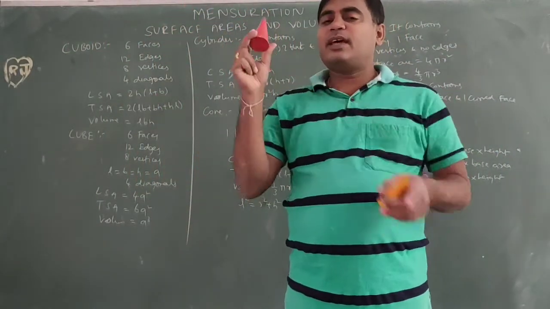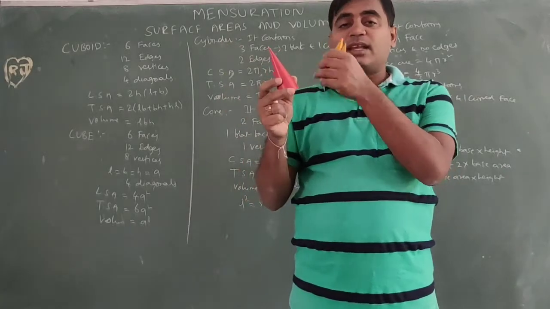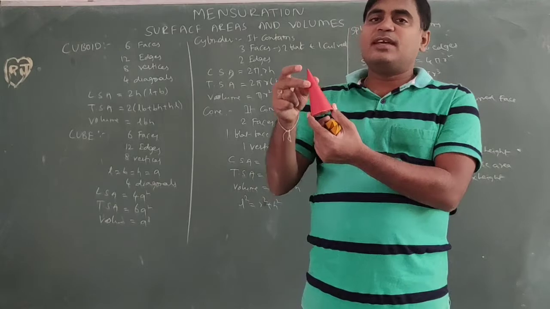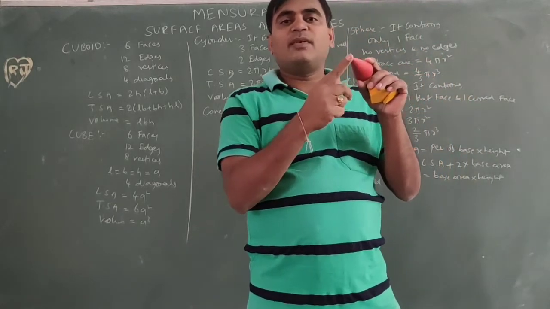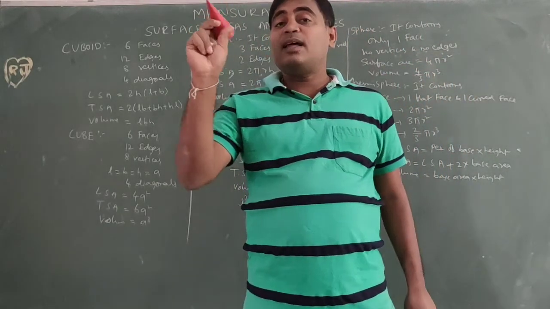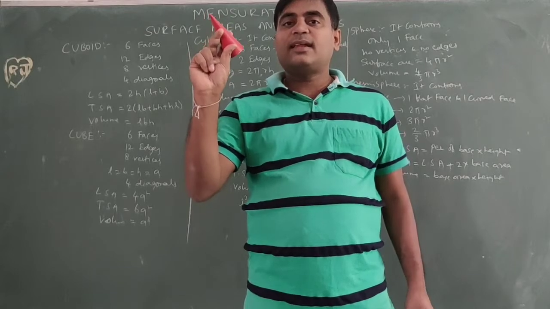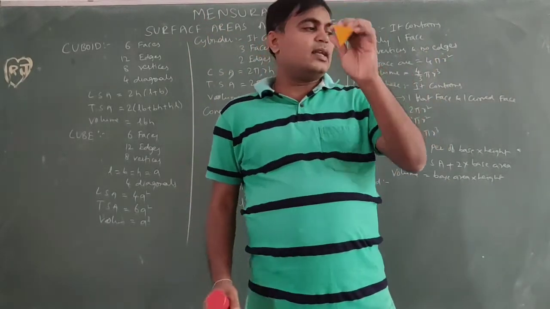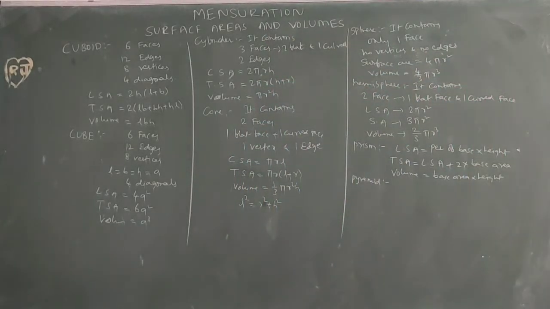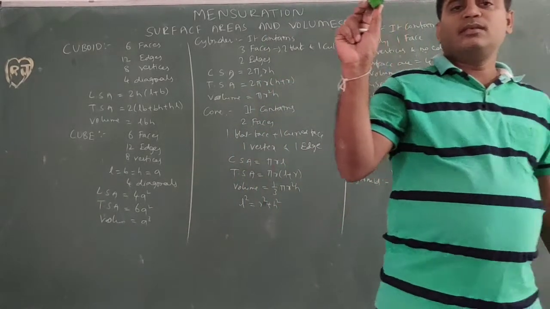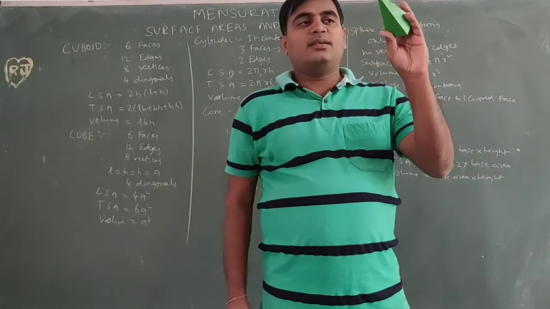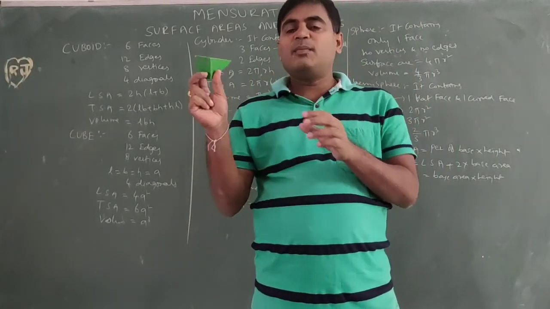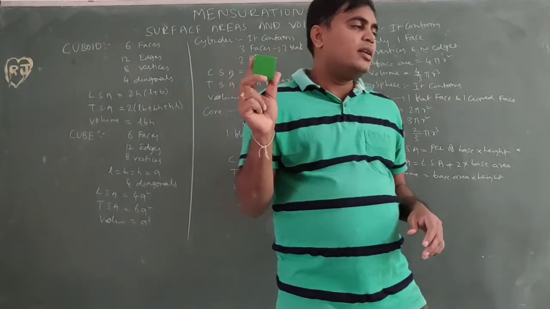Here also, this is the cone. If we cut anywhere we get a circle, but the size of the circle will be lesser, and towards the end we get a vertex. So this is circular pyramid, this is pentagonal pyramid, this is triangular pyramid. Next, this is quadrilateral pyramid. Wherever we cut, we get a quadrilateral, but the size will decrease.